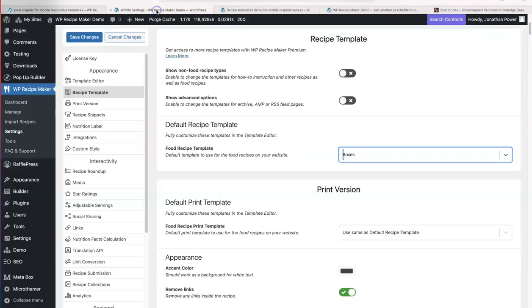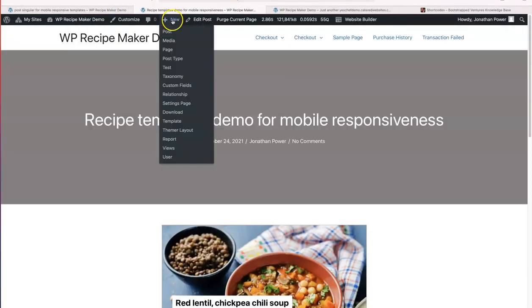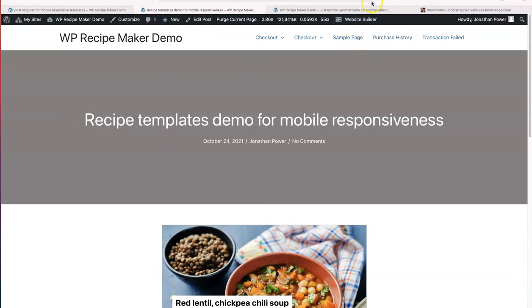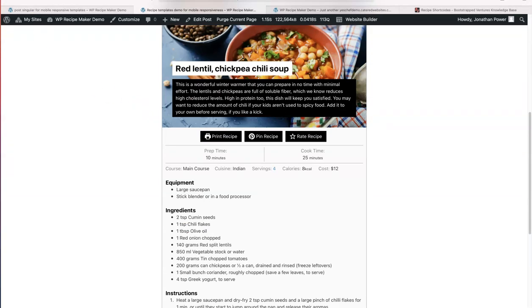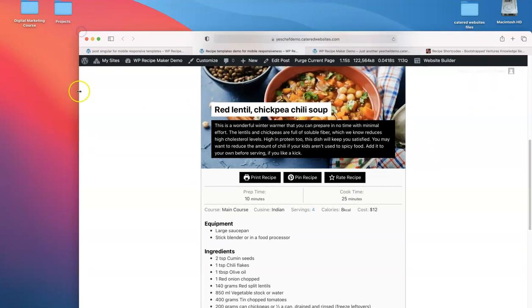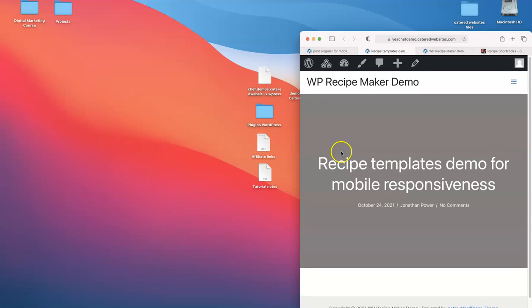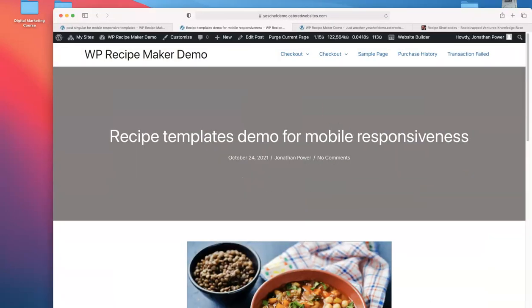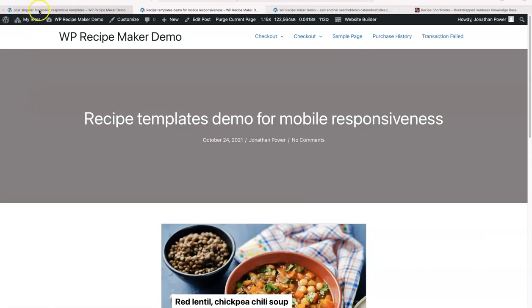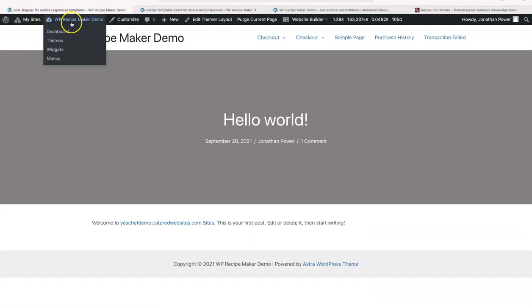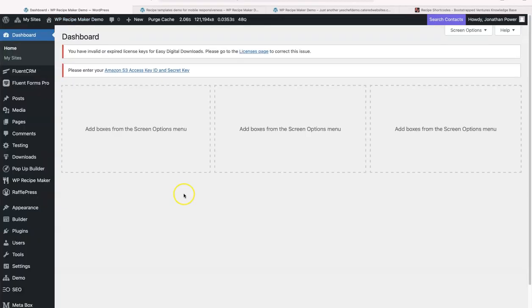Now I just want to close all these. Oh, here's our post. I just want to refresh this now. So there it is, that template, and resize it now. Why is that not showing up, folks? If I go back to the post, all posts,